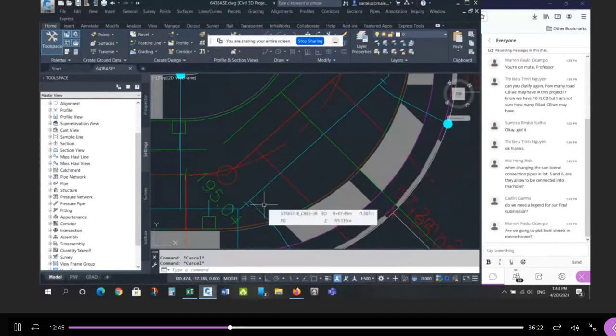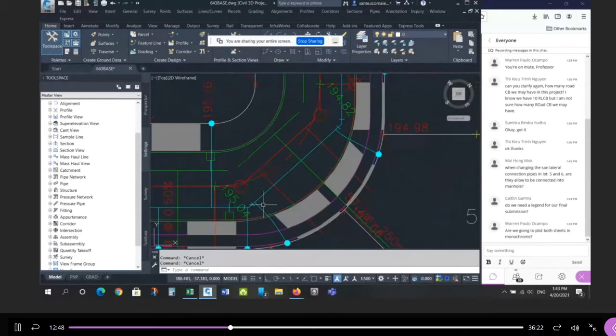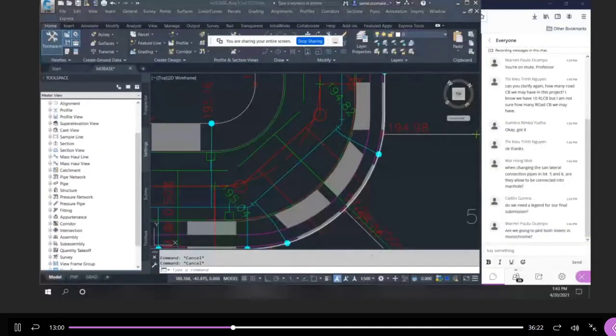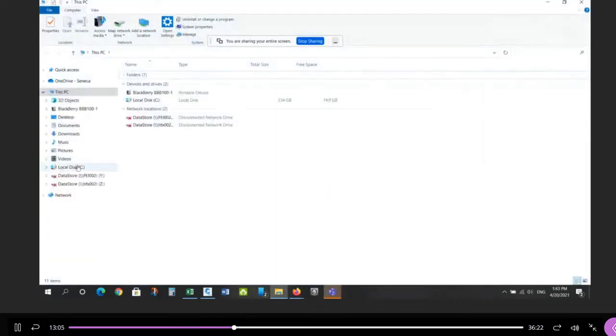Yeah, you could put in a legend, but I would only put in a legend for the items that you have, right? So if you look at Ledger Way, and I think that's one of the requirements. So if you read the requirements, let's just look at it. Hang on a second, the computer's a little bit upset. So if you look at requirements for the final submission,